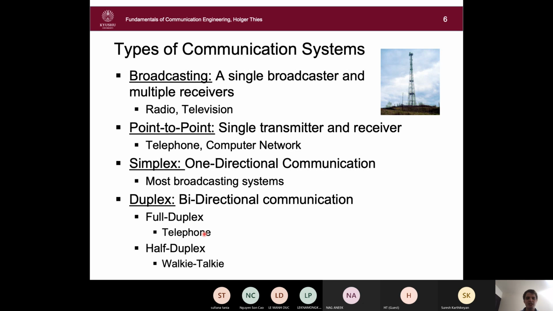So where you have bidirectional communication at the same time, and half duplex, which is actually always single direction communication. You have only one channel, but you can use it in both directions. So in a walkie-talkie, you have to press the button, and then you can speak in one direction, and then the person who answers has to press his button, and he can speak in one direction, but you can never talk at the same time.